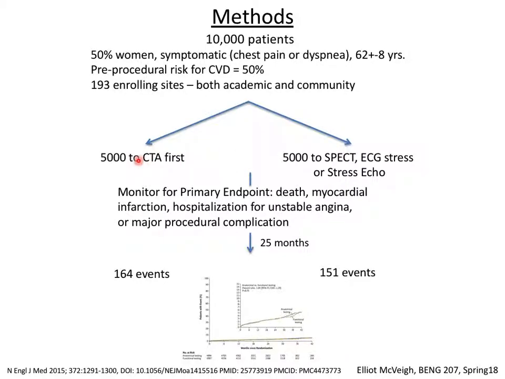So basically, CTA is done first, SPECT in half, and then you just manage the patient and you look for the primary endpoint of death, myocardial infarction, hospitalization for unstable angina, that means coming back to the hospital, or major procedural complications. And they followed for 25 months. In this arm, they had 164 events. In this arm, they had 151, which was roughly 30% of the number they thought they were going to see,